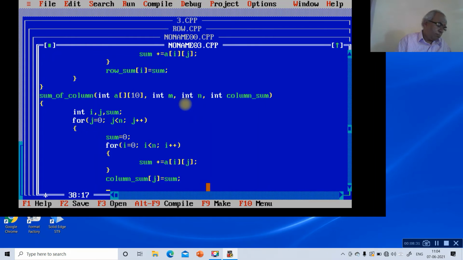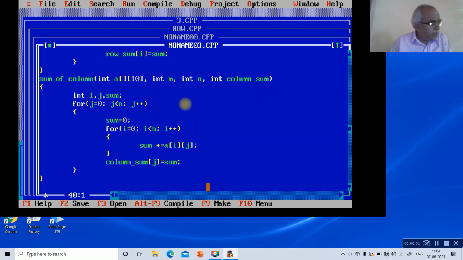Then close this and also close this, then void display, then int a[10], int m, int n, int row_sum, int column_sum, and close this.